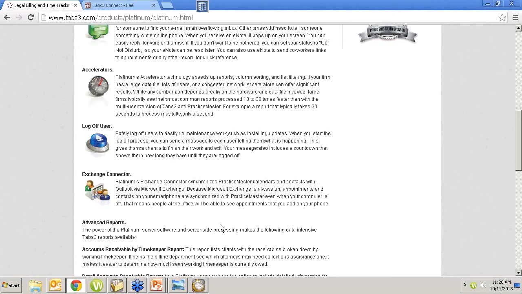Exchange connector. As you may or may not know, PracticeMaster can synchronize calendars and contacts with your Outlook. When you are not in a Platinum mode, that is a direct conversation that your computer has between your open and running copy of PracticeMaster and your open and running copy of Outlook. Now, there are certain things that can happen in an exchange mode, but basically it's a conversation between the two